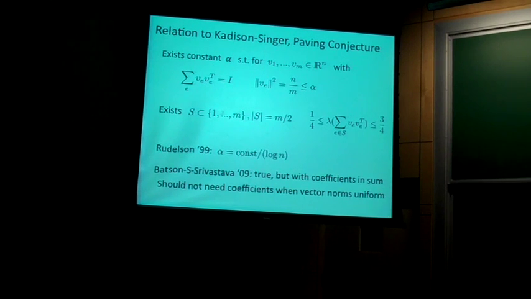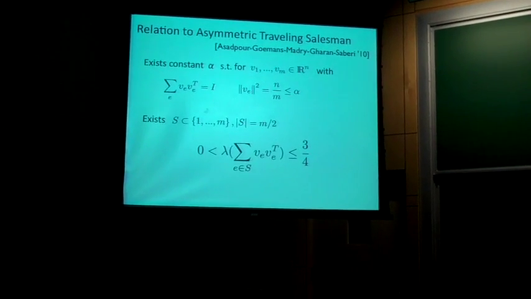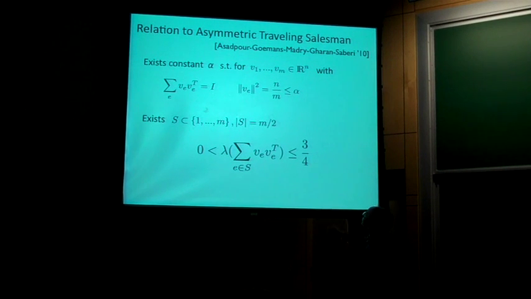And I will mention just one weaker thing we don't know before I leave. This is implications for approximating the traveling salesman problem. We don't even know this same statement where one eigenvalue is just strictly greater than 0 and the other one is less than or equal to 3/4 if you don't scale it. And if you can prove that, it is, well, at least very close to what we need to get constant factor approximations for the asymmetric traveling salesman problem, whereas the best known are like log n over log log n.